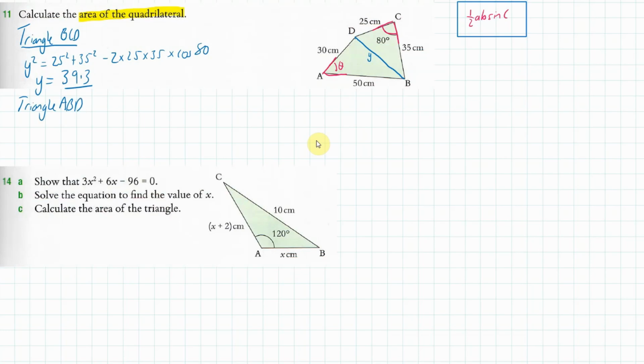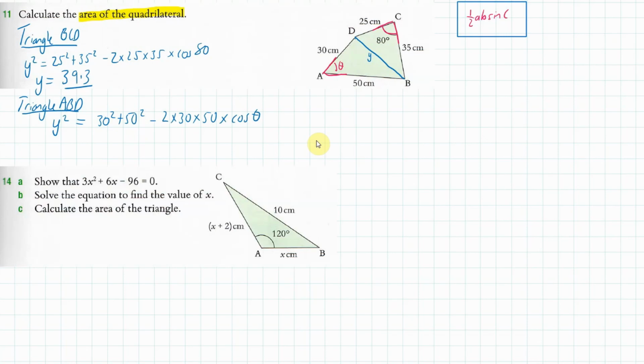And then we're going to find, using triangle ABD, theta. So we chuck in our y squared again, that is a. We know that because we found it up above. Equals 30 squared plus 50 squared. So we're using triangle ABD here. Minus 2 times 30 times 50 times cosine theta. And first of all, I'm going to square my a, which gives me